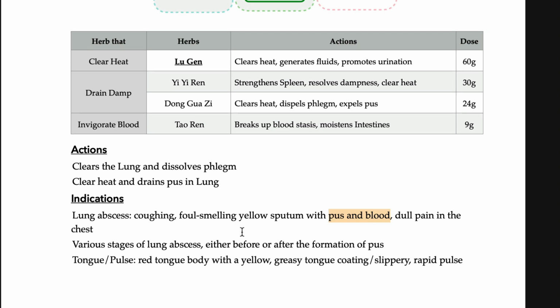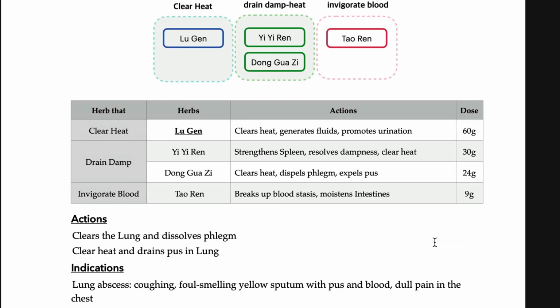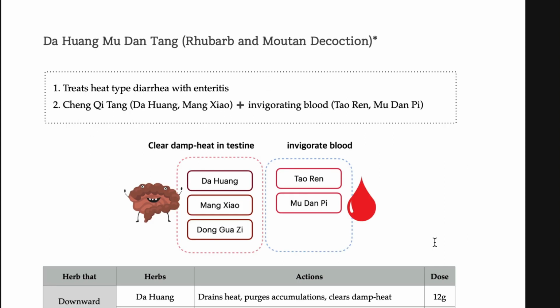And various stages of lung abscess, either before or after the formation of pus. Red tongue, heat, yellow, heat and dampness, right? Heat and dampness. And slippery, phlegm, dampness, rapid, heat. That is Jing Tang. Another formula for metal, intestine and respiratory. In this case, Da Huang is used, not Jing. Jing goes to upper and Da Huang goes to lower. So Da Huang is a laxative. And Mudanpi clears heat and promotes urination. So Da Huang Tang. And also clears